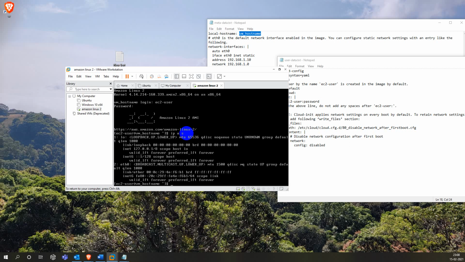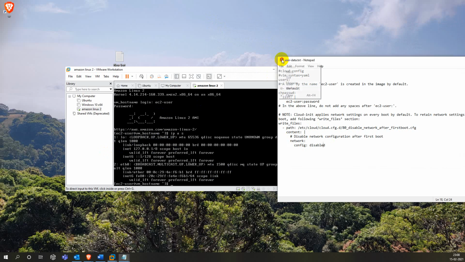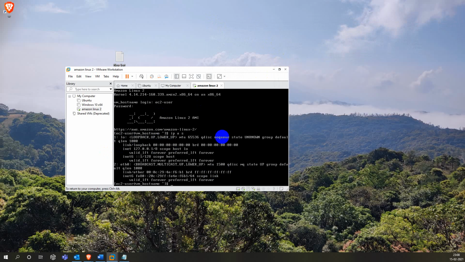Let me type ip a. What is the IP address I got? We didn't get any IP address because the bridged network's IP range is different here. So what we can do now, as it is configured for the first time, is that we don't need the seed.iso file later, through which we get this metadata and user data. So I am just turning it off. Shut down now.